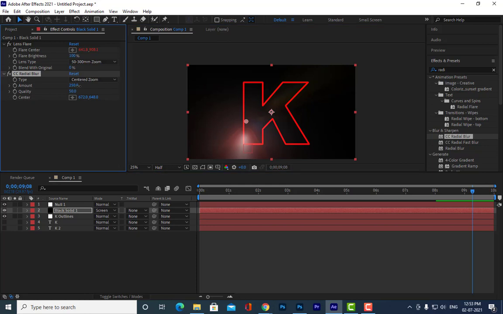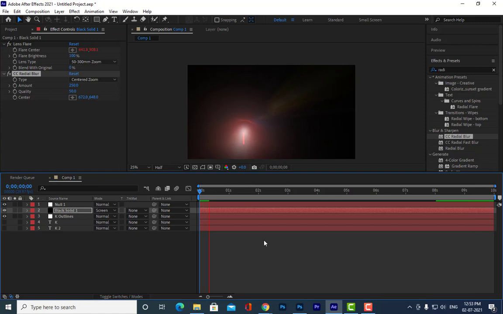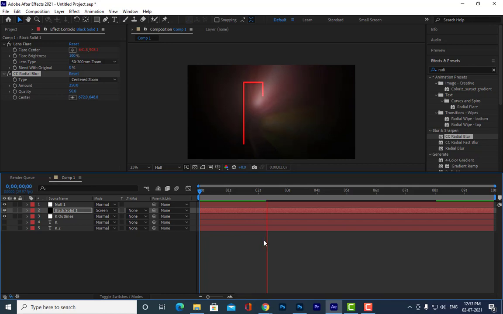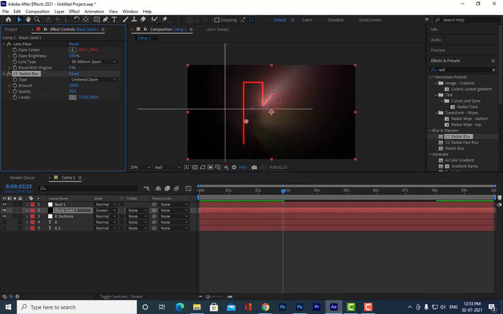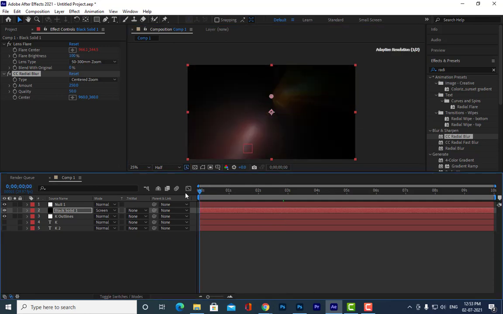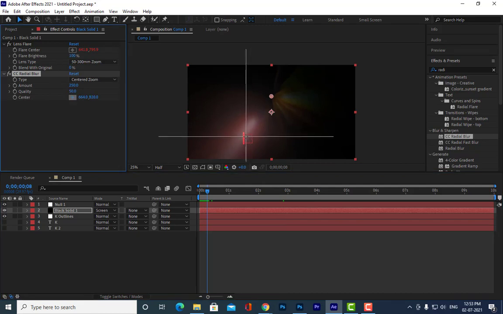Now let's increase the amount and see how it looks. See, it is moving with the blur. But it's not looking interesting because its center value is going somewhere over there. The center value should remain here. So let me keep the center value.